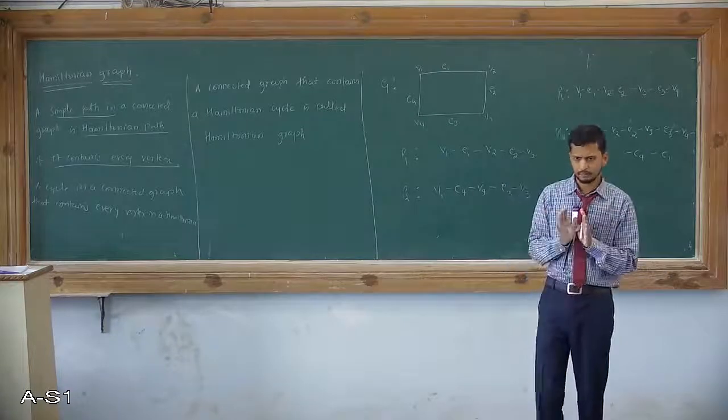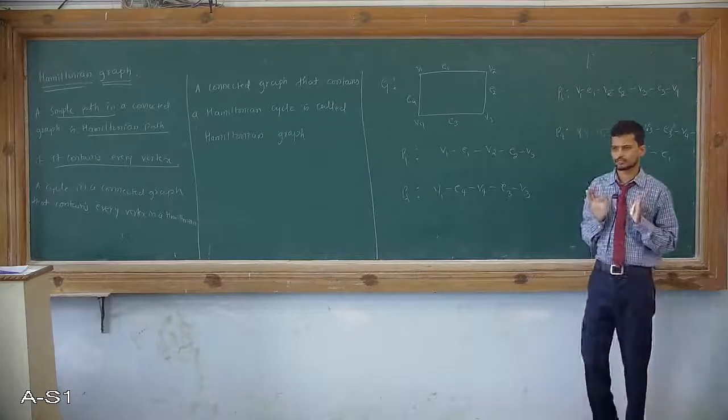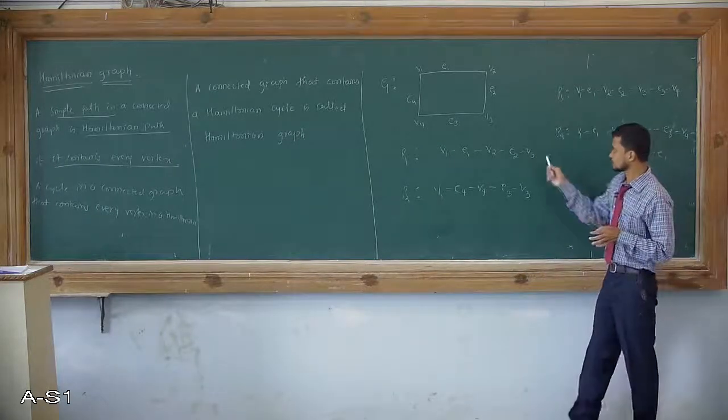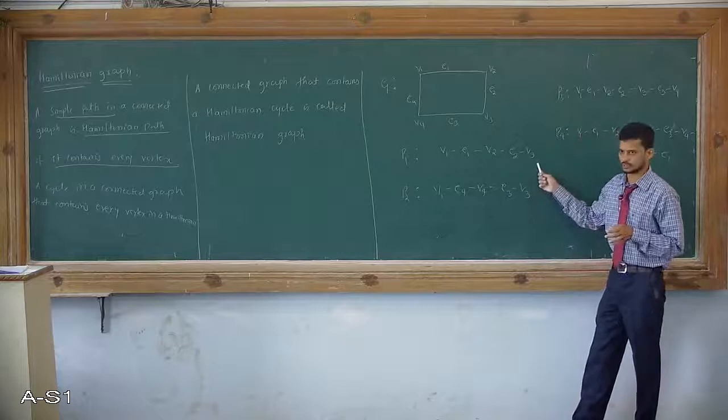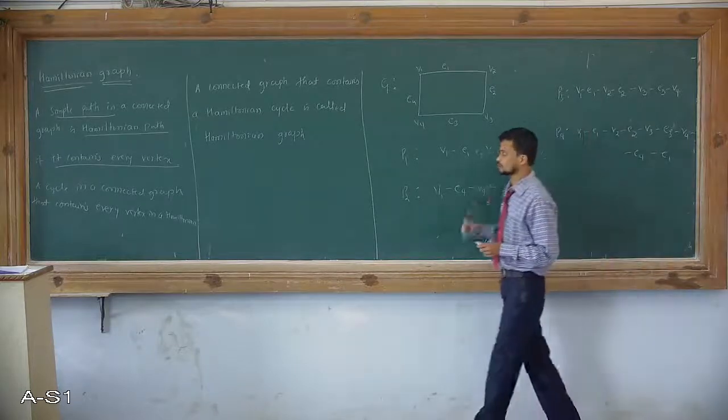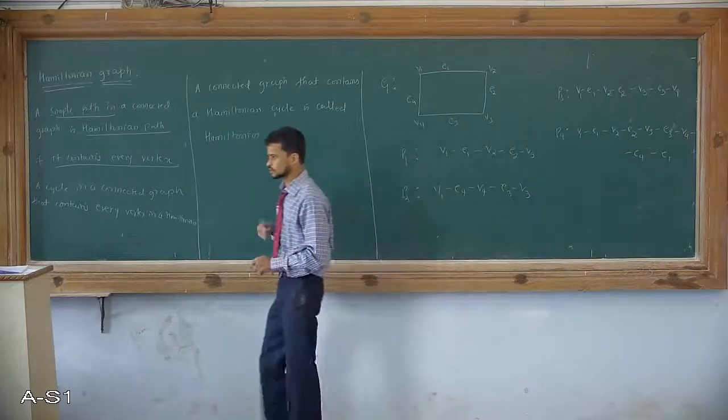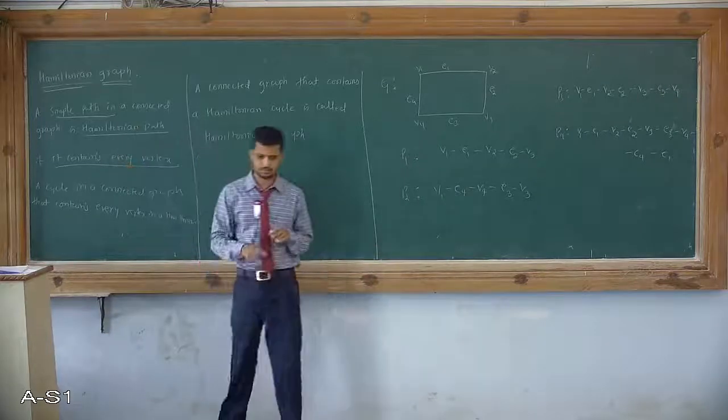This is a very major or common factor we need to know. The thing is whether this is a path or not. Yes, this is a path. But whether this is a Hamiltonian path or not, we need to cross check. What is the definition of Hamiltonian path? That path contains every vertex.